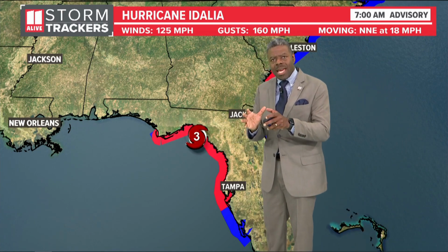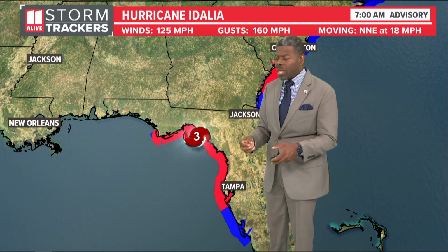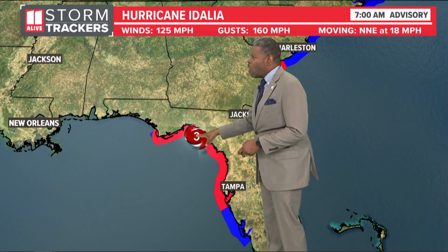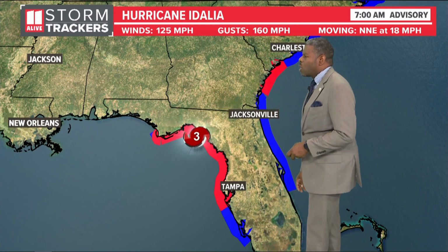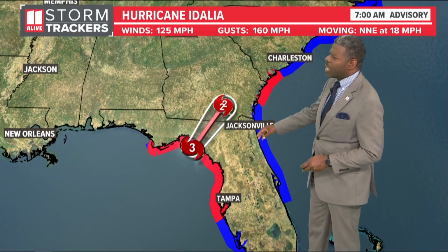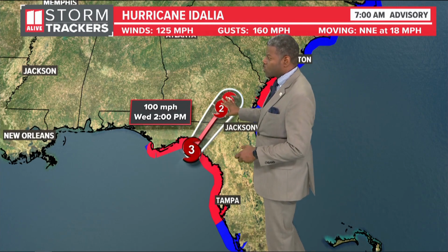Now that it's impacting the land, starting to add some friction there, that's where we start to see a lot of these quick spinning tornadoes begin to break out. Right along this line is where you have the hurricane warnings. And so this will continue to slide further off to the north and will begin to spread a lot of rainfall, as it has already started, heavy rainfall, and those winds will start to pick up a little bit as